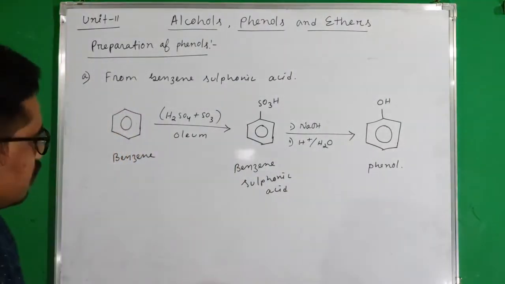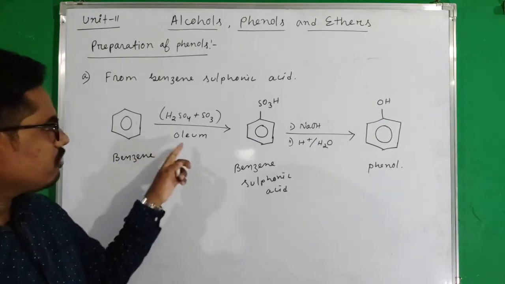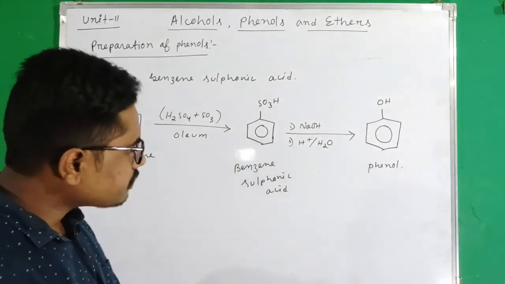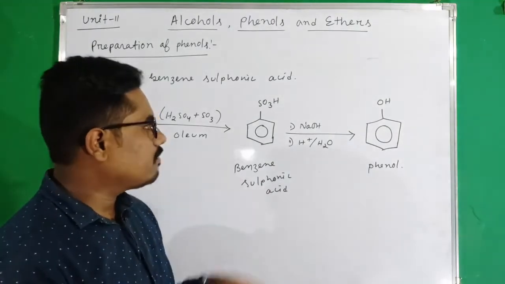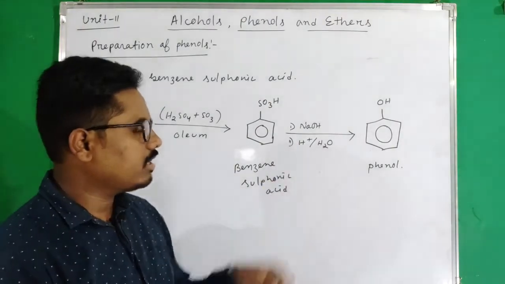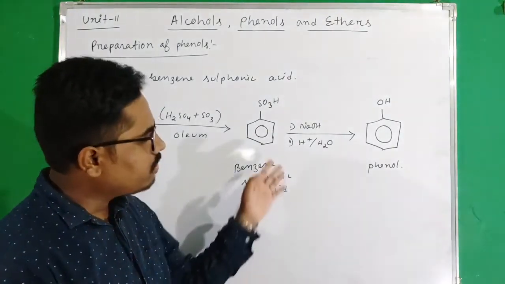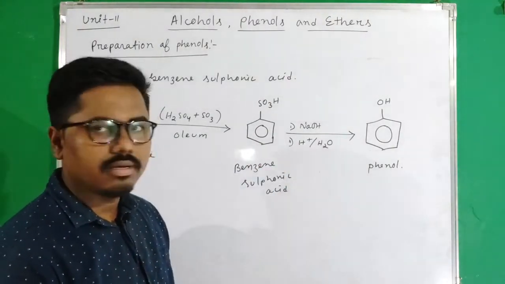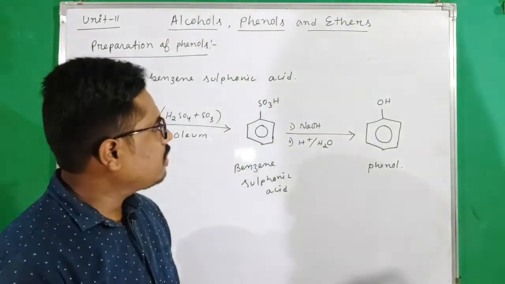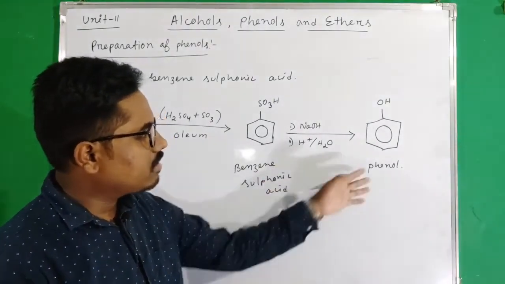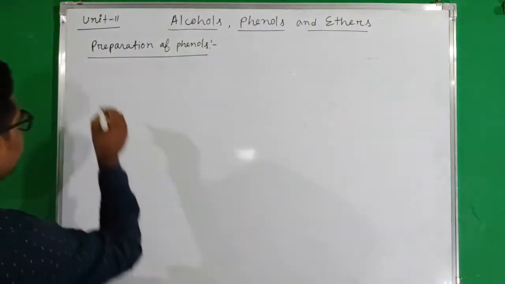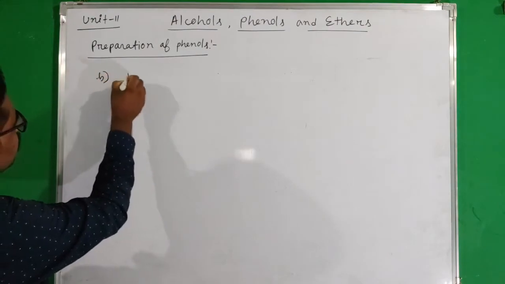That means at first, when benzene is treated with oleum, then benzene sulfonic acid is formed, and then when benzene sulfonic acid is treated with sodium hydroxide, and then acid hydrolysis, or we can add one acid because already water is present in acid, and then after acid hydrolysis the final product is phenol. Okay, so our next method is number B,